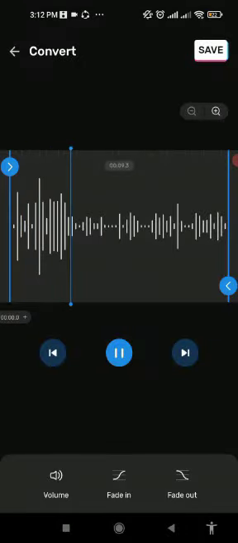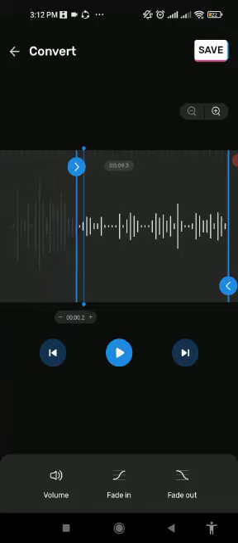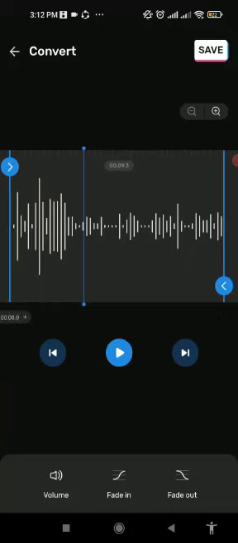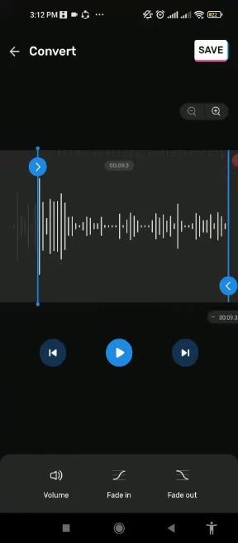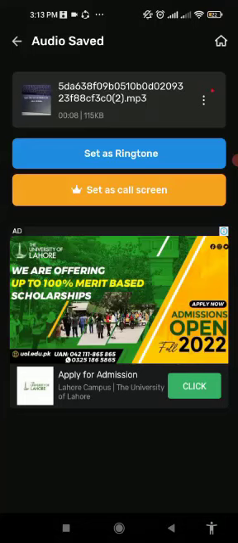It is converting our video into audio. So drag this left hand side and you can cut the audio so that it will fit perfectly for the ringtone. So once you done cutting this audio, just click on the option save, and now it is telling us